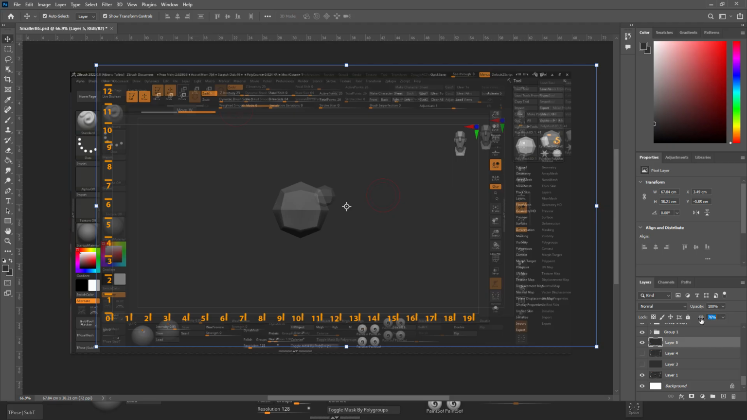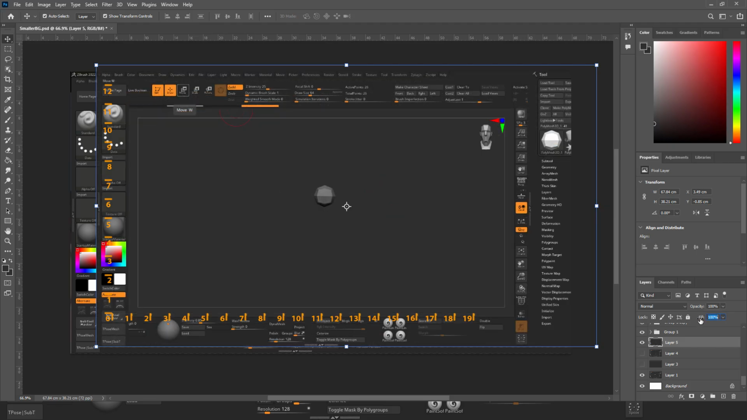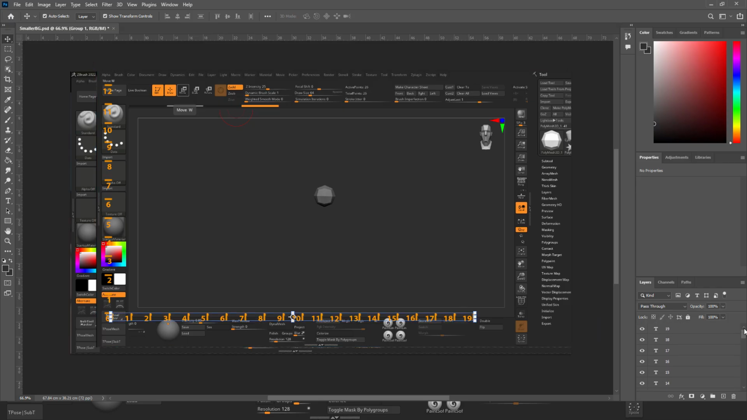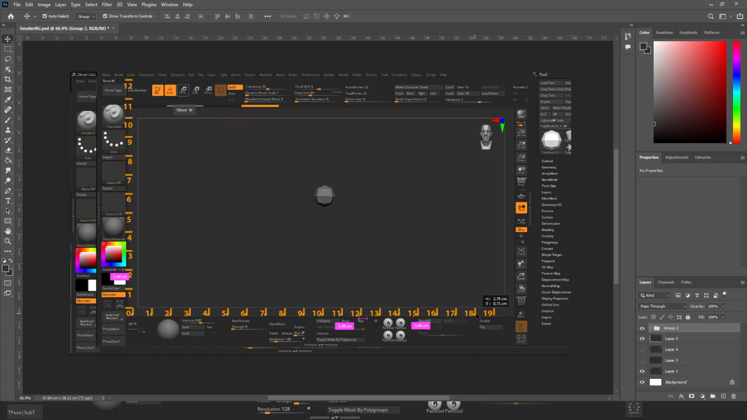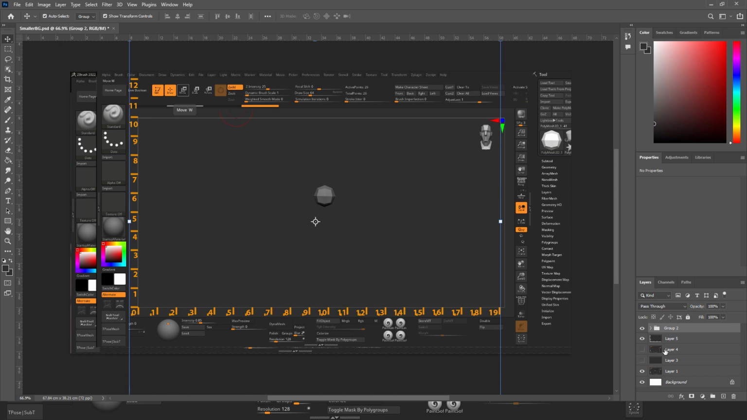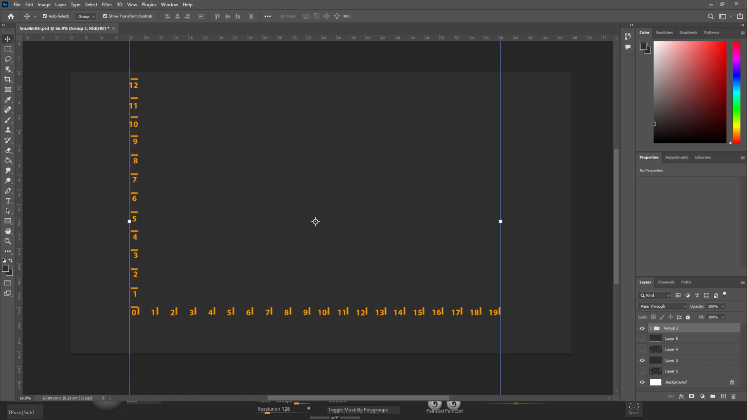Now we can use this image as a reference, and we can see that the frame has shifted. So all we have to do is to move our ruler and match it to the new position of the frame in ZBrush. So we save this, then we go back to ZBrush,